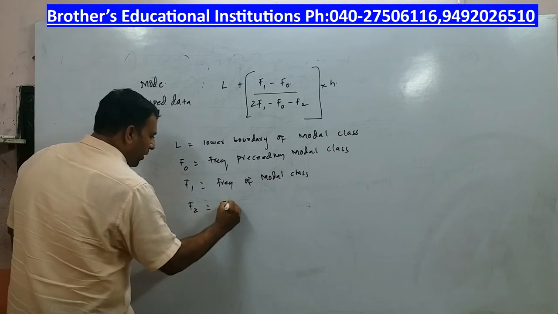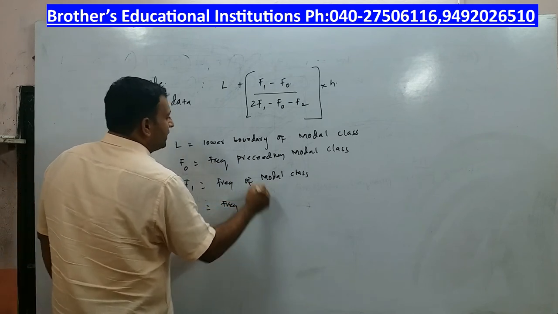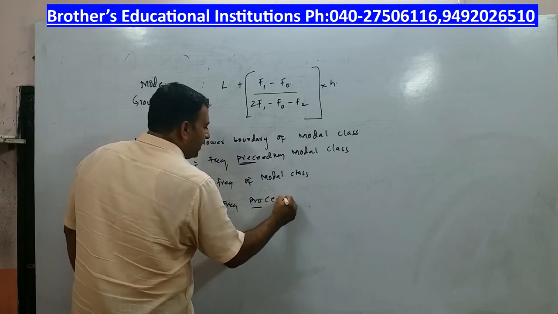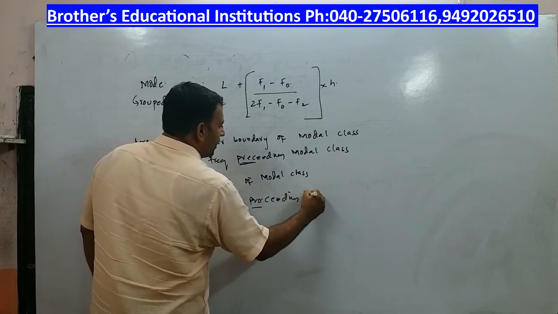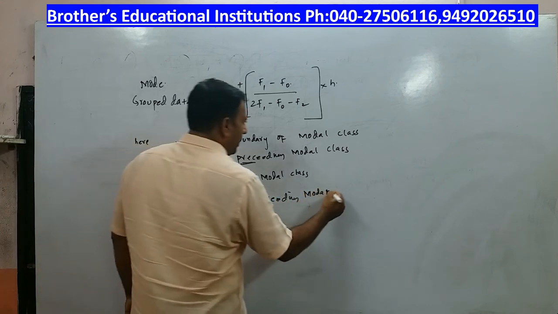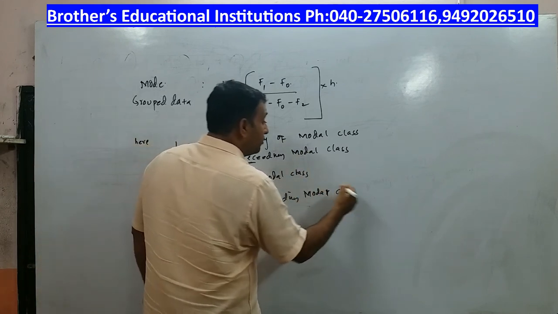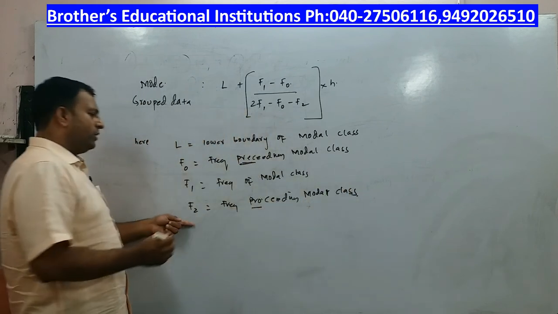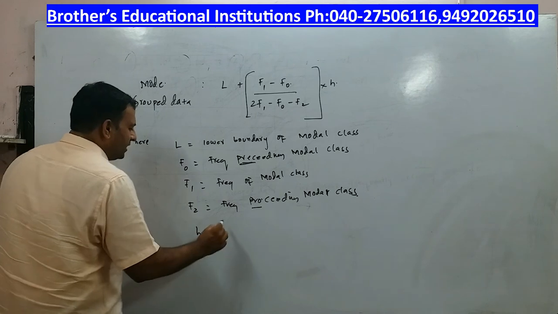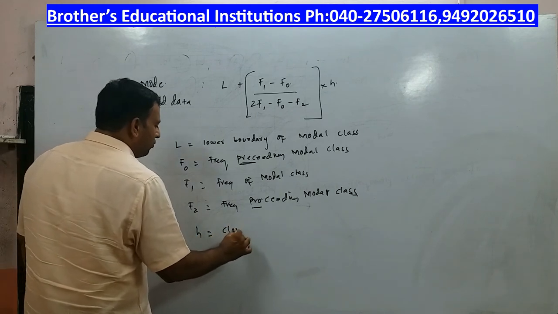F2 is the frequency proceeding modal class. Proceeding means after modal class. Preceding means before modal class, right? So F2 is the frequency proceeding modal class, and H you all know, H is nothing but class width